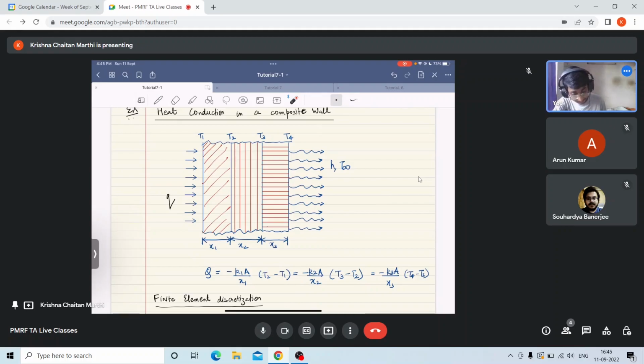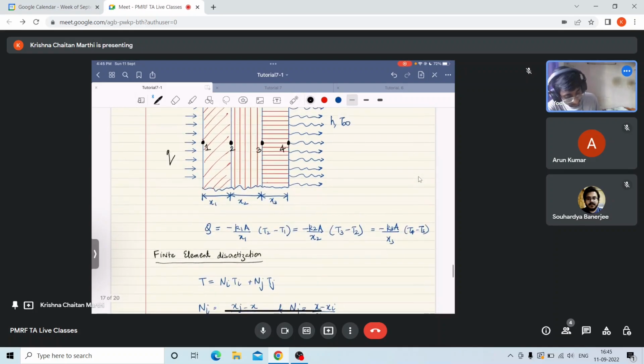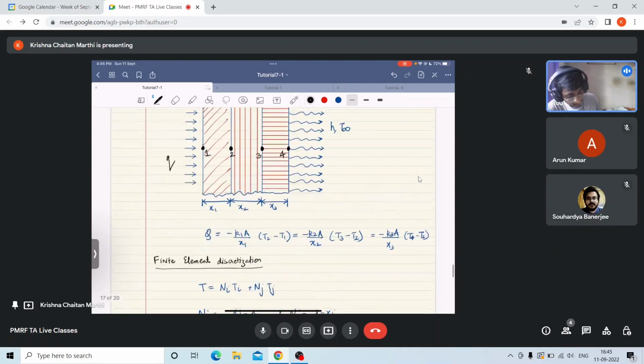I can write my q as minus k1 A by x1 (T2 minus T1), which is equal to minus k2 A by x2 (T3 minus T2), which is equal to minus k3 A by x3 (T4 minus T3). So let us say this is my node 1, this is my node 2, this is my node 3, this is my node 4. Okay, so this is a steady state problem,